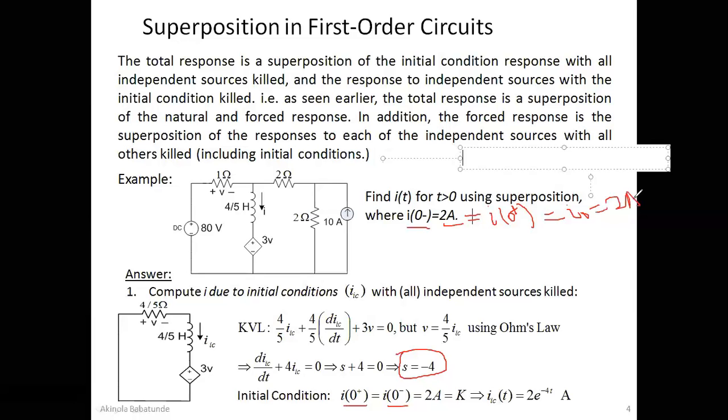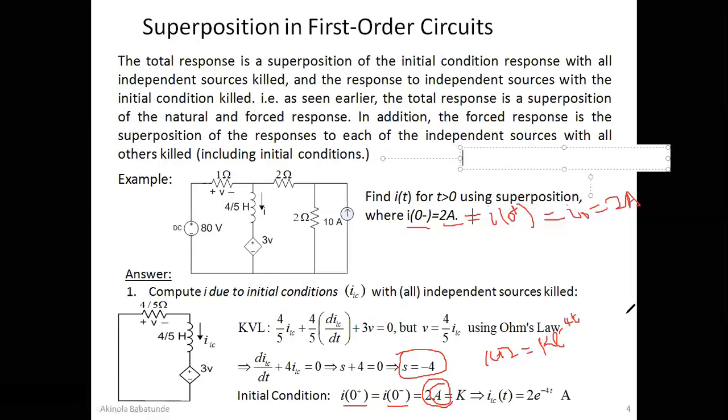All right, that's given here. So they equate everything to 2 amperes. If you equate it to 2 amperes, don't forget that we already said that our S is equal to minus 4. If S is equal to minus 4, it simply means that our I would be equal to k exponential st. Okay, and s is minus 4, it becomes minus 4